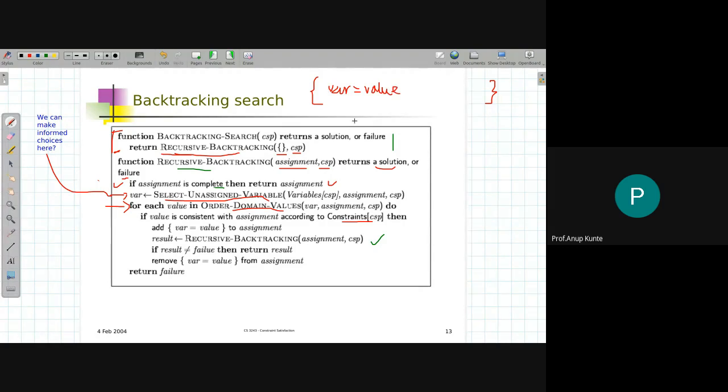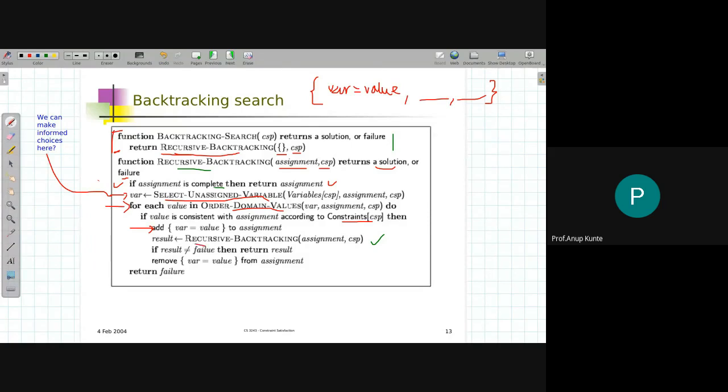If the value is consistent with the current assignment, then I add that value to the new variable that I had just chosen from the unassigned variables, and I can proceed with it. This is exactly what we do in this step: add this into the JSON collection. As far as implementation is concerned, it could be a dictionary. JSON object means it could be a dictionary, a key value pair. Add var equal to value to the assignment.